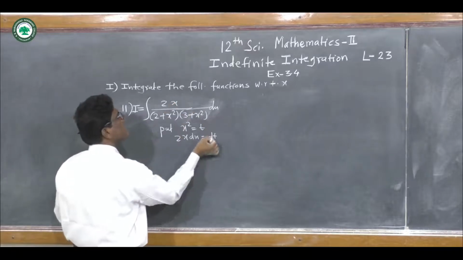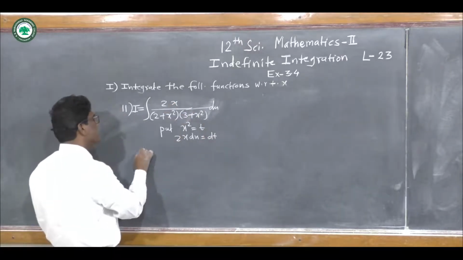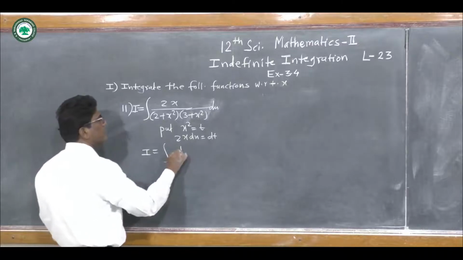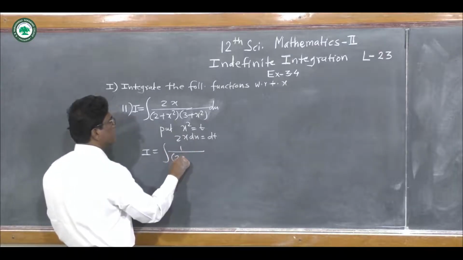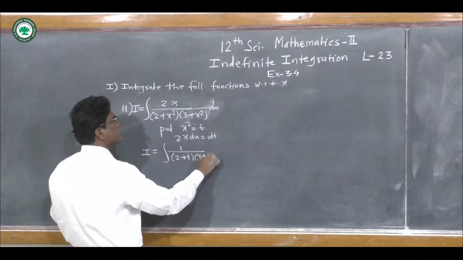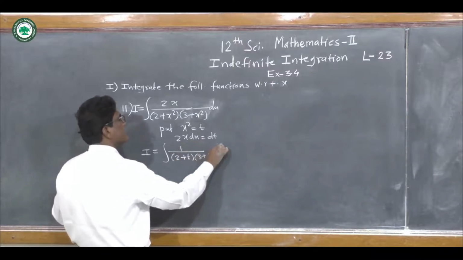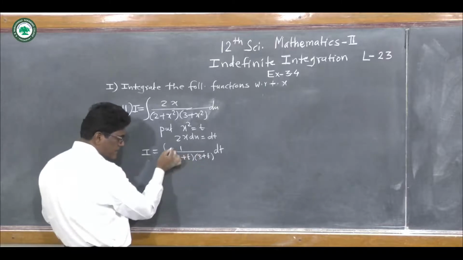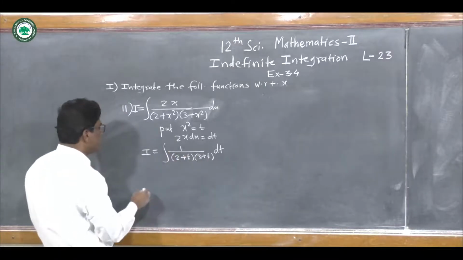Twice x dx we replace by dt, and therefore I is equal to the integration of 1 upon (2 plus t) into (3 plus t) dt, since x square is t. And now consider this rational function, and we write let